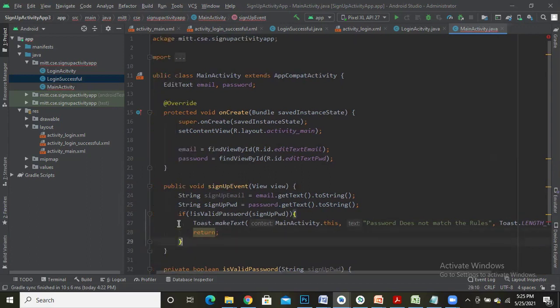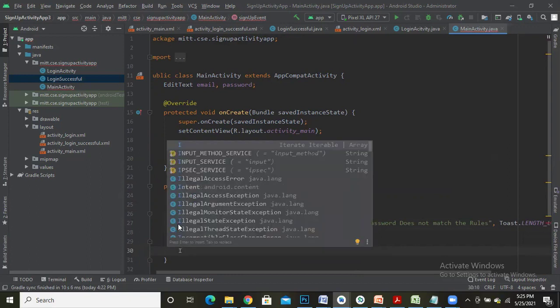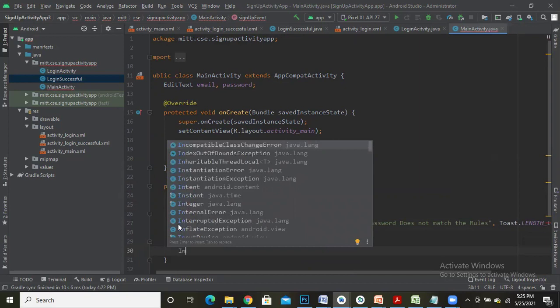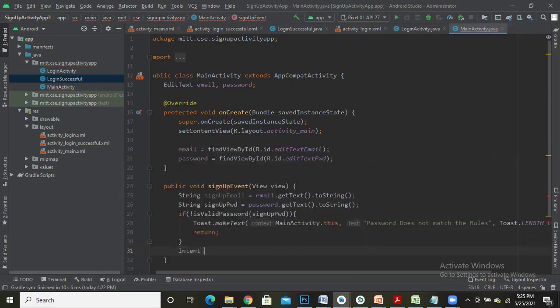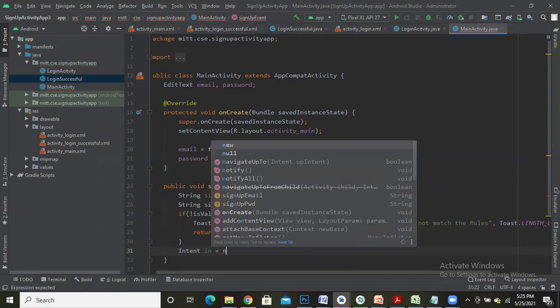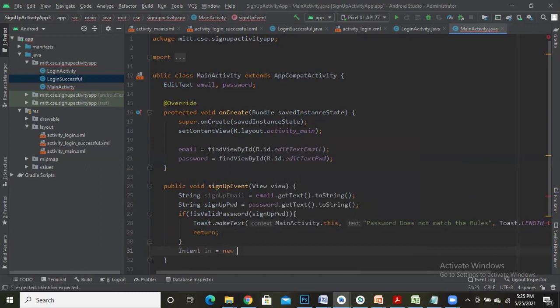Now suppose if at all I had entered the proper password, then I need to navigate to the second activity. If I want to navigate to the second activity, I should make use of intent. So I'll write Intent, I'll create a variable in, Intent in is equal to new Intent.